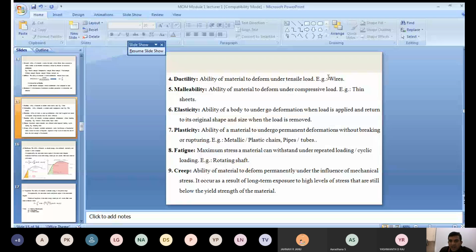An example for ductility is electrical wires. Or take the best example, an elastic rubber band. If you apply a load on that rubber band, it continuously deforms. Then you can say that material has the ductility property. Malleability means that instead of applying a tensile load, you apply a compressive load,